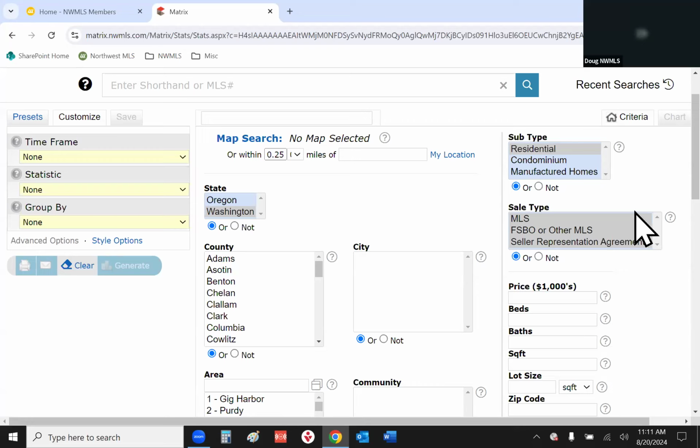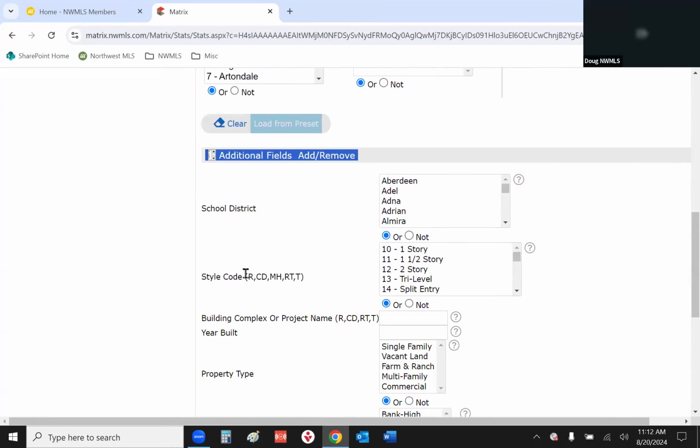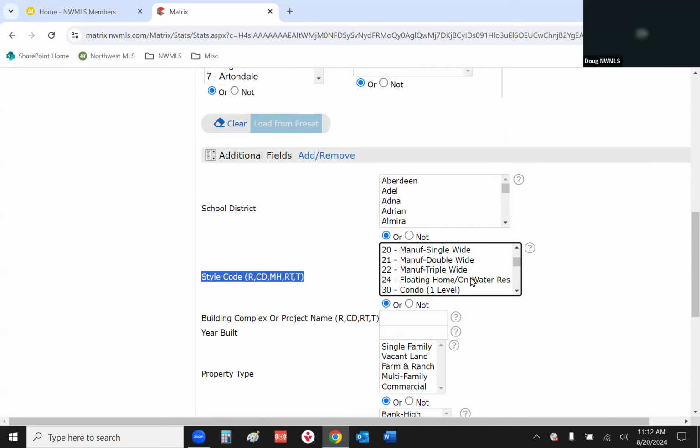Now, something else to think about is on the right-hand side over here, you've got multiple subtypes: residential, condominium, and manufactured. Know that if you're going to pull a statistic on residential, we're talking about stick built, but we're also talking about manufactured home on its own land. Okay. And typically, if you just want to pull up statistics, let's say on a manufactured home on its own land, then you'll select residential, but then you have to make sure that in the style code, which is one of the other additional fields down below, you actually select manufactured home, double wide,